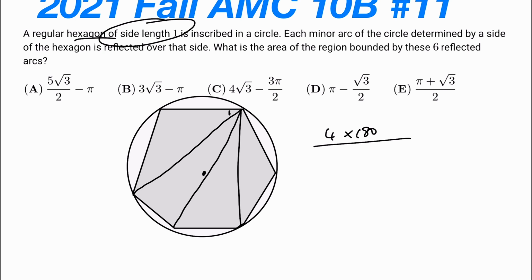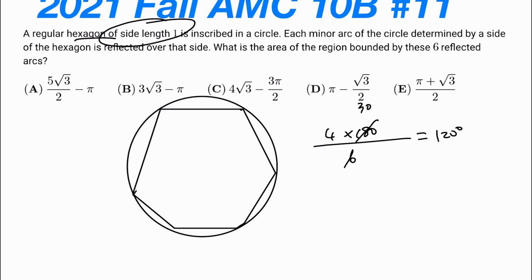And since it is regular, each vertex will have the same number of degrees. So if we divide that out, we get 120 degrees. Therefore, if we erase these lines and connect them to the center, let's say the center is here, 1, 2, 3, 4, 5, 6, then each of these will be 60 degrees, which means that is actually an